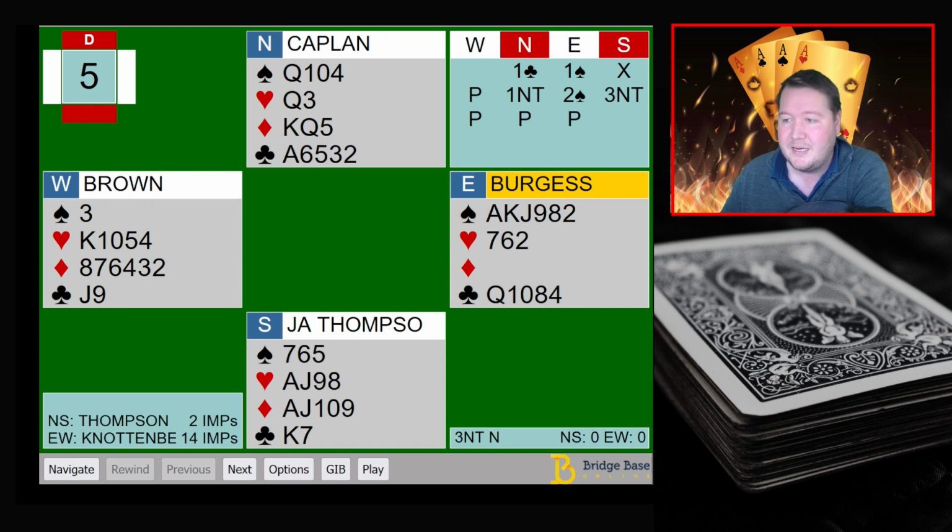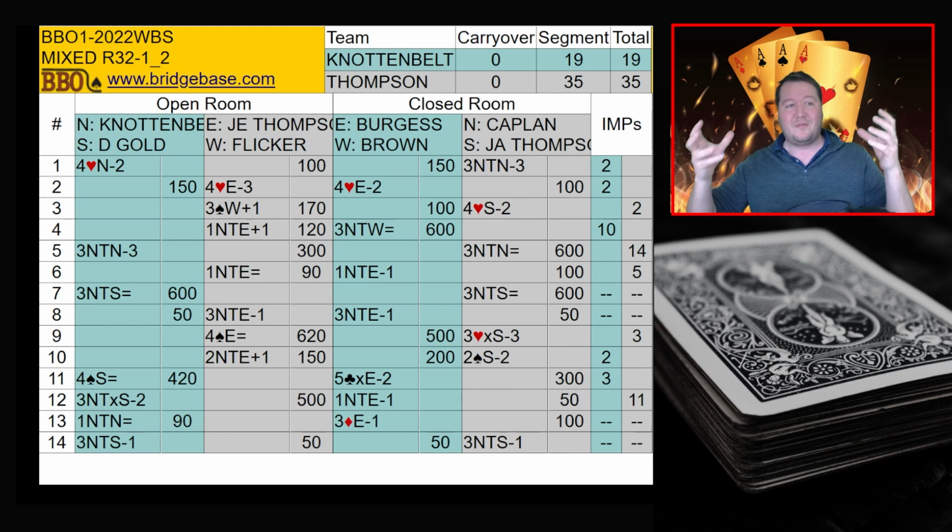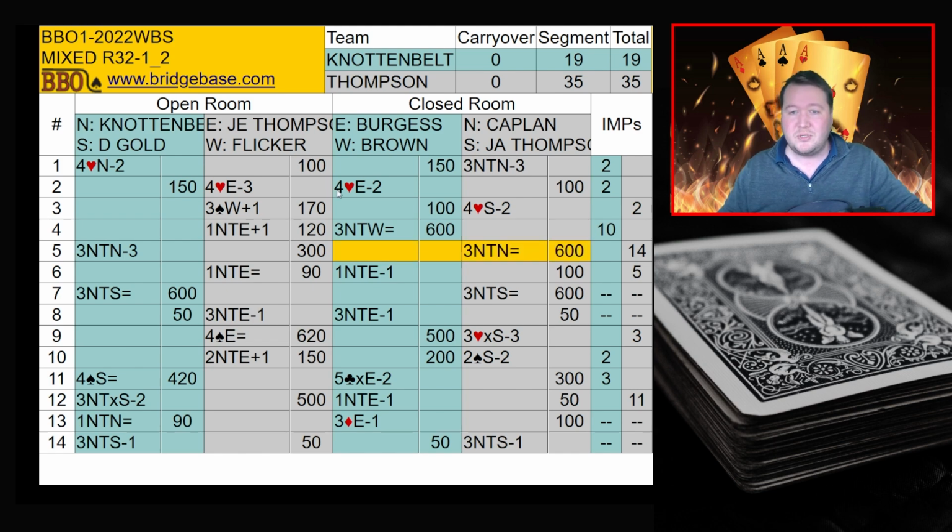So we'll jump in and take a look at the scores. So here in the first stanza of the round of 32, Nottenbelt, the leaders of the Swiss, are actually down 16 imps to Team Thompson. So we'll jump in and look at the second stanza of...